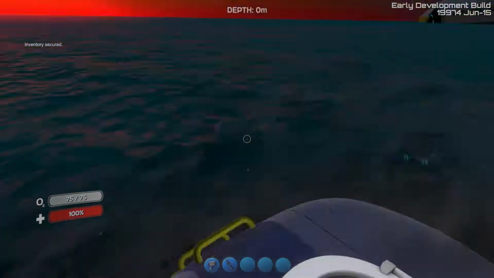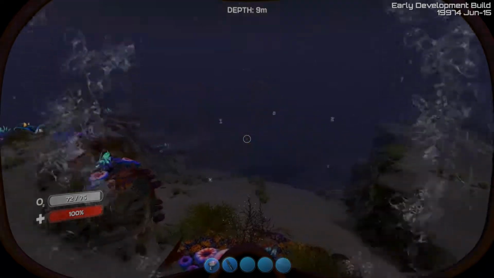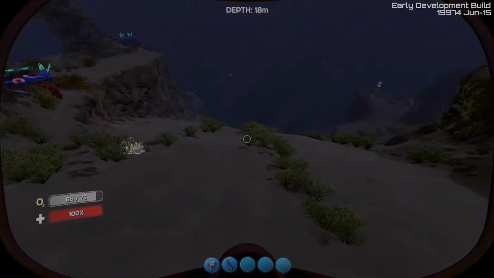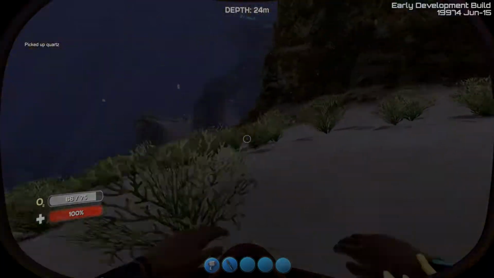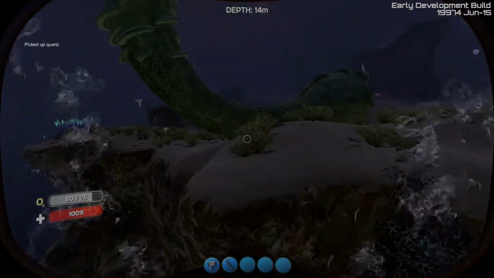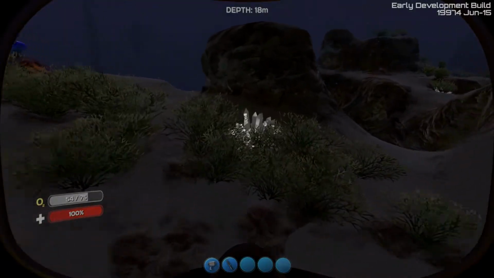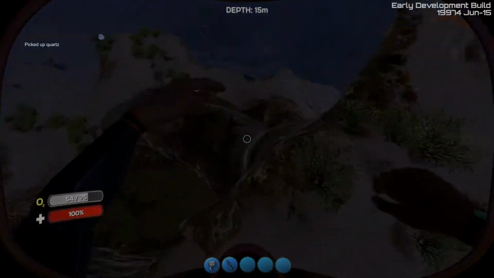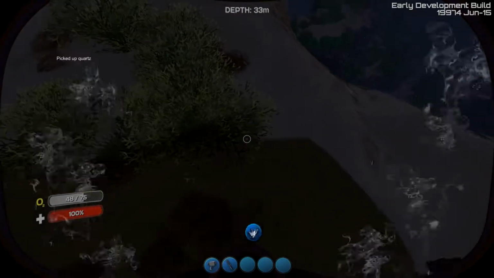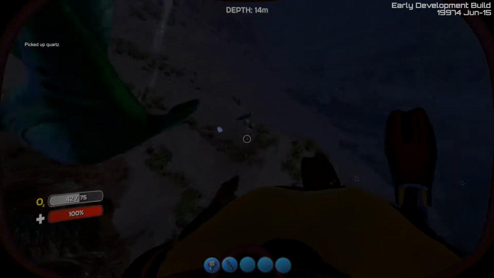Okay, it's now dark. This is where the sea starts to become just that little bit more worrying to be in. The good thing about this though is that quartz appears to be very easy to see at night. I'll have to remember that. Okay, so we are now going to be wanting to start looking at building some of the other tools. There's a stalker over there. These things are annoying as hell. Not only will they attack you, but as you can see there, they will take...